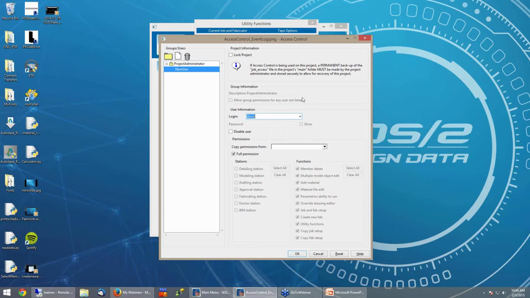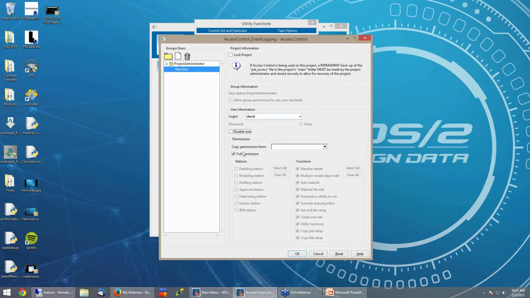Or, like I said, if I needed a different login name in there that wasn't there, I could type that in there, and that would work as well. I'm not going to do that. I'm going to set my user, and again, disable user. Notice password is grayed out. The reason that's grayed out is because, like I said, when you run SDS2, it looks to the Windows login to figure out who's running the computer, and then that's what it bases that off of